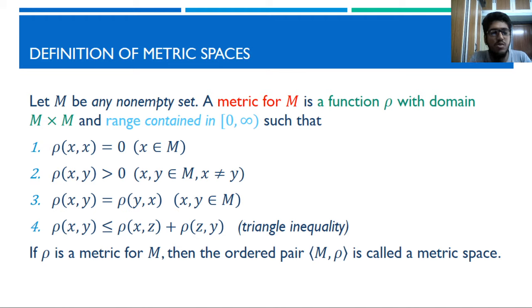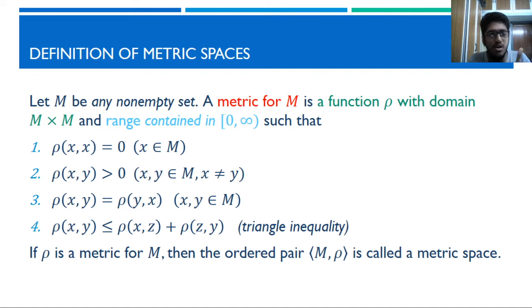Now, with these, which is known to all of us, we are ready to hit on the definition of metric spaces. We need M to be a non-empty set. That's the only condition on the set M we are taking. Any non-empty set, it can contain anything. It can contain numbers, it can contain smileys, it can contain letters, whatever it is. A metric for M is a function. We are going to define a new function which we are going to denote by rho for the purpose of definition, and we'll call it a metric for M.